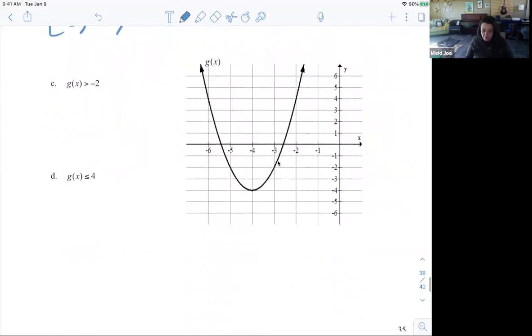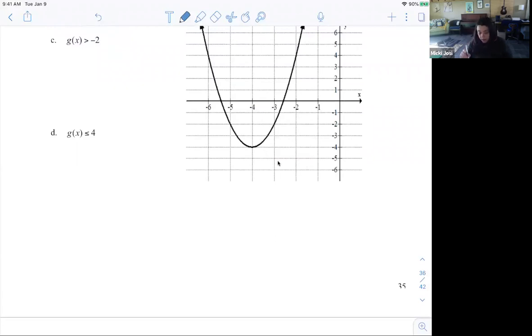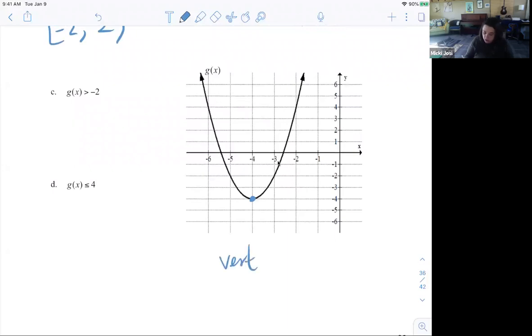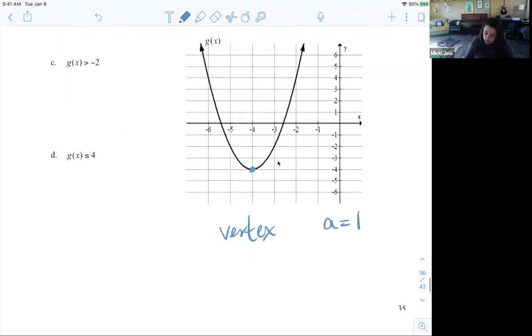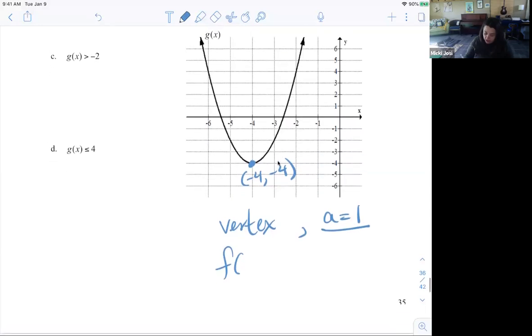Okay. Now, for the parabola, I do want to mention a few things. This is going to be a review for the final, just thinking about these 3 questions. Could I come up with the vertex form of this equation? What would be the vertex form? Let's assume that a is equal to 1. And I'm not sure that it is on this parabola, but let's just think about what the vertex form would have to be. Remember, the vertex here is negative 4, negative 4. So if we assume that a is equal to 1, we would have f of x, or actually this is g of x, isn't it? For the parabola. g of x equals